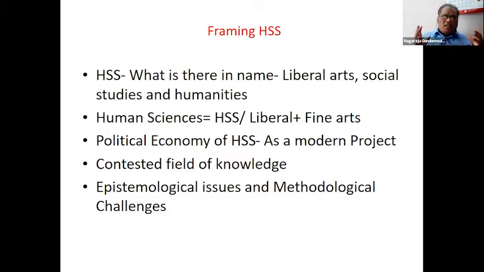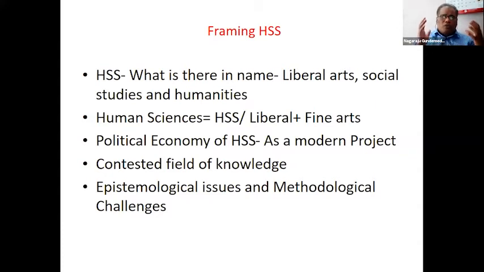Why it is referred to as contested knowledge is because of the last point: the epistemological issues and methodological challenges embedded in the disciplines of humanities and social sciences demand multiple epistemological protocols as well as methodological protocols. There's nothing wrong in saying that the humanities and social sciences at one level represent the highest form of democracy, the highest form of democratic framing of knowledge. So right, therefore, friends,